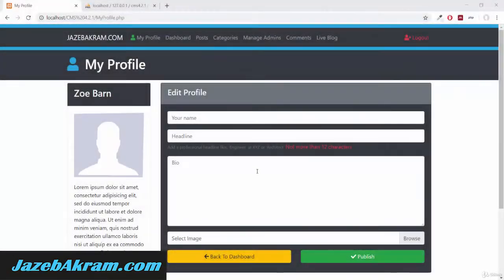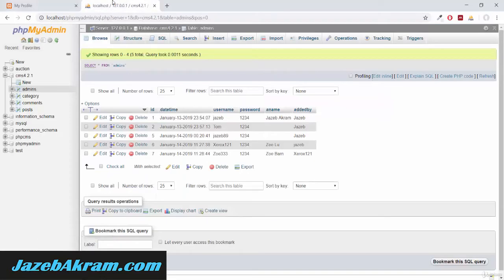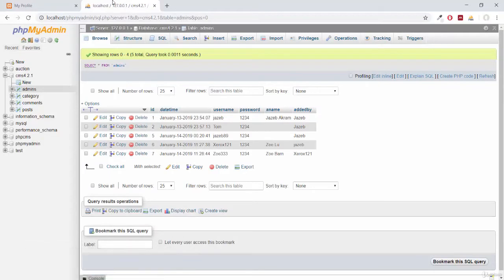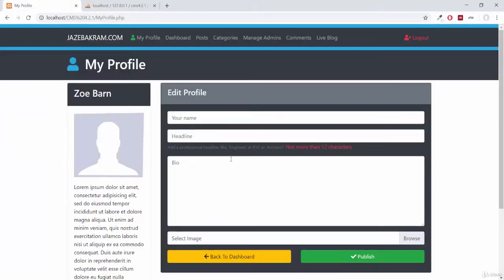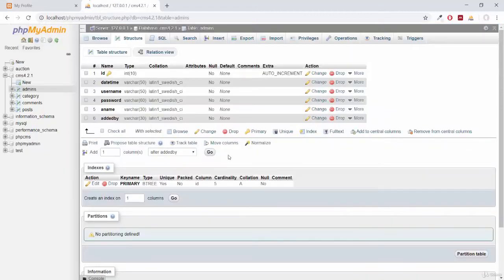In this movie, we will work on the PHP part of putting admin name, headline, bio, and image in our table of admins. So we need a couple more columns in our admin table. Clicking on the structure, I will add a few columns. I think we need 3 columns. So adding 3 columns